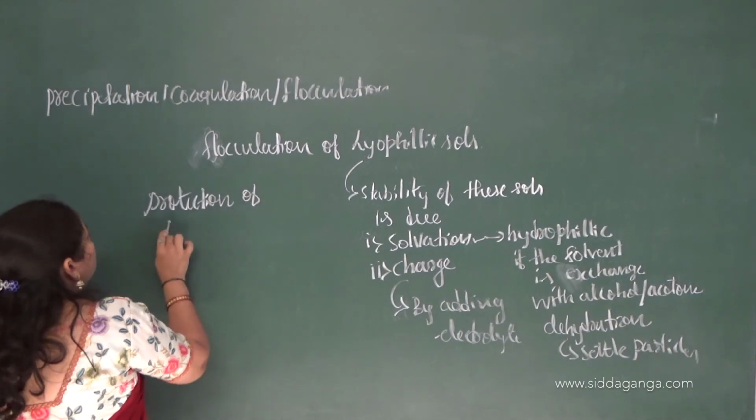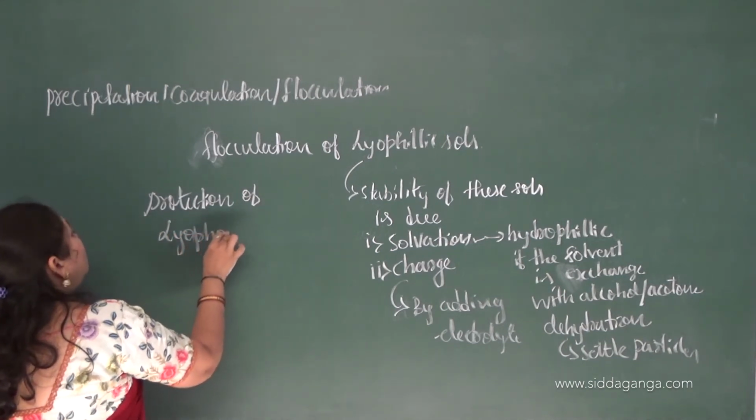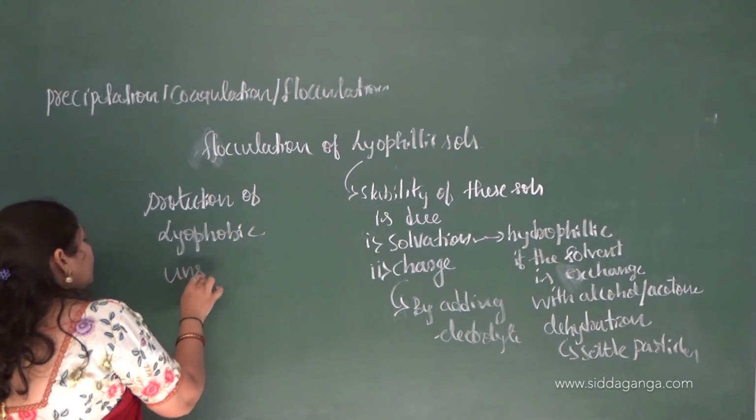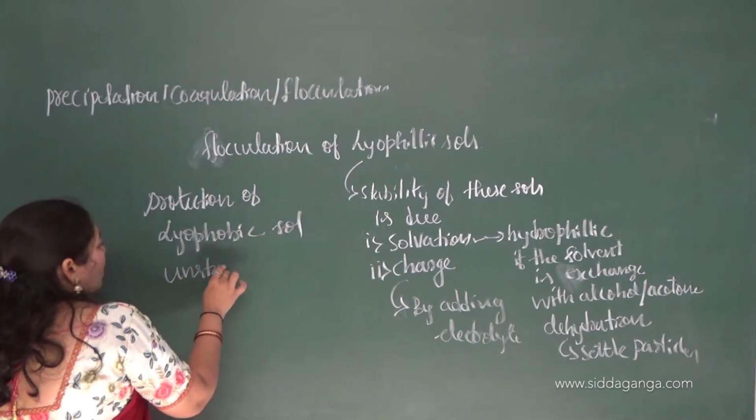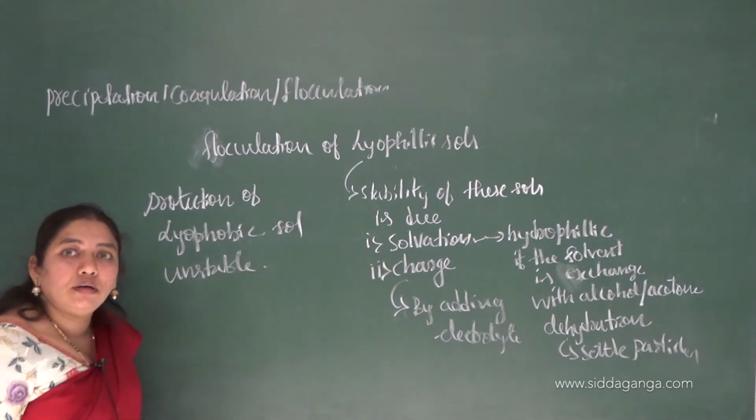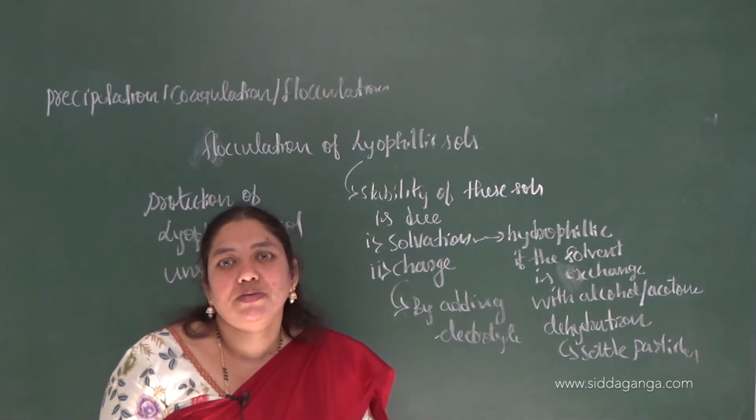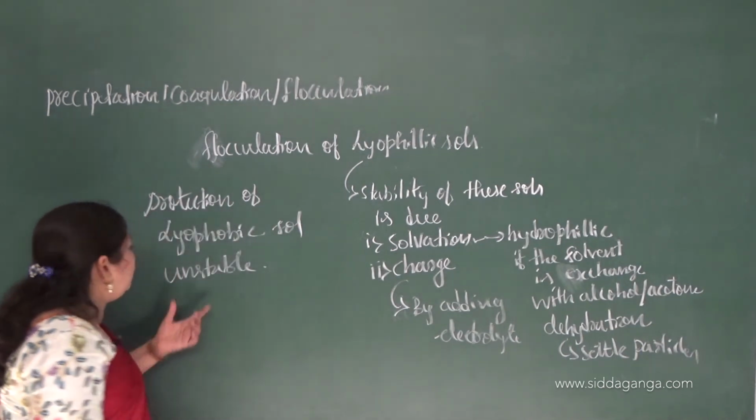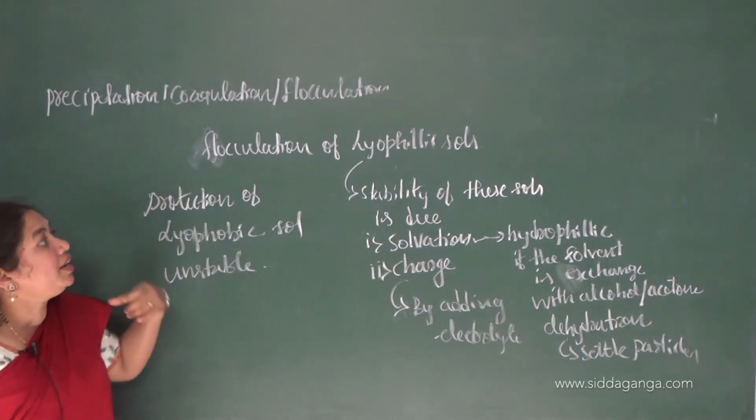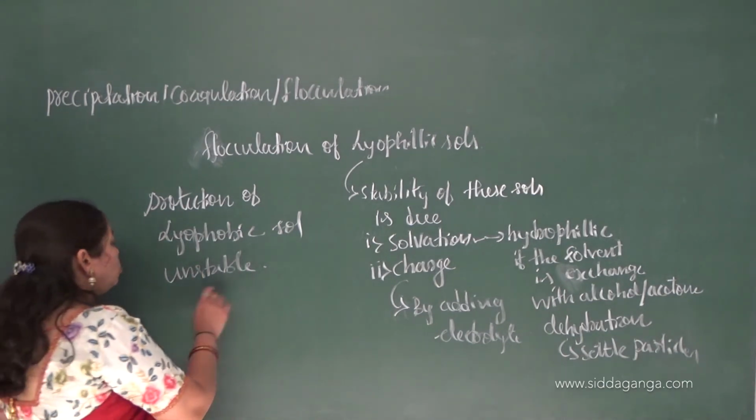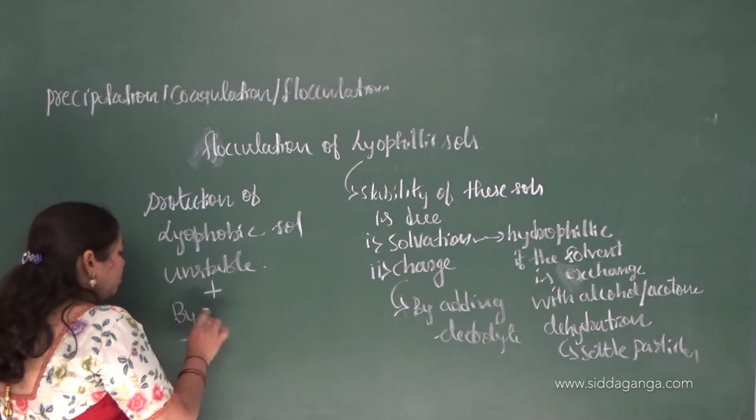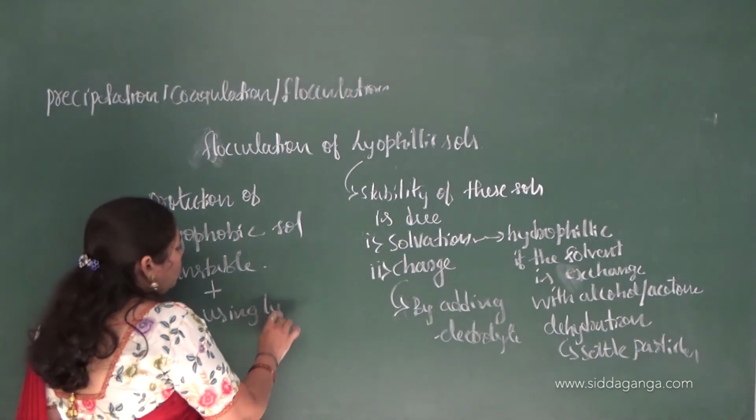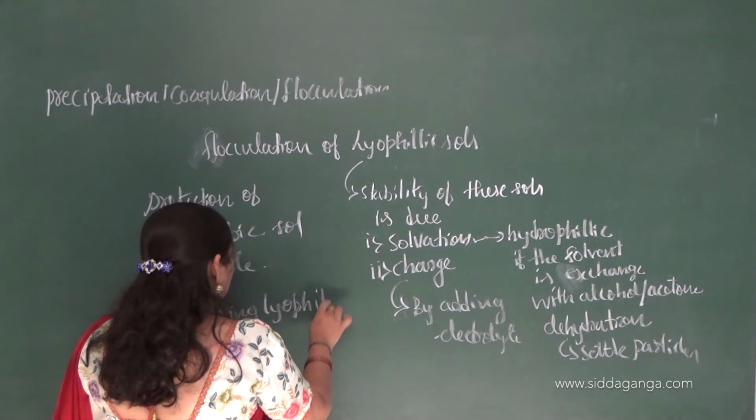of lyophobic sols. You know that lyophobic sols are highly unstable, right, because they are charged, they are highly unstable. So they should be protected from settling down. So how can we protect them? Without undergoing flocculation or coagulation. So by using what? By using a lyophilic sol,